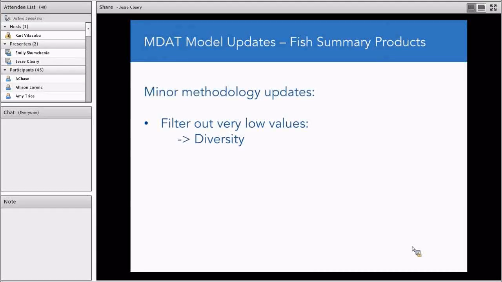And then we also did a very minor methodology update to how we create the summary products from these individual species products. As mentioned in the, you'll have to excuse me, they're doing construction in